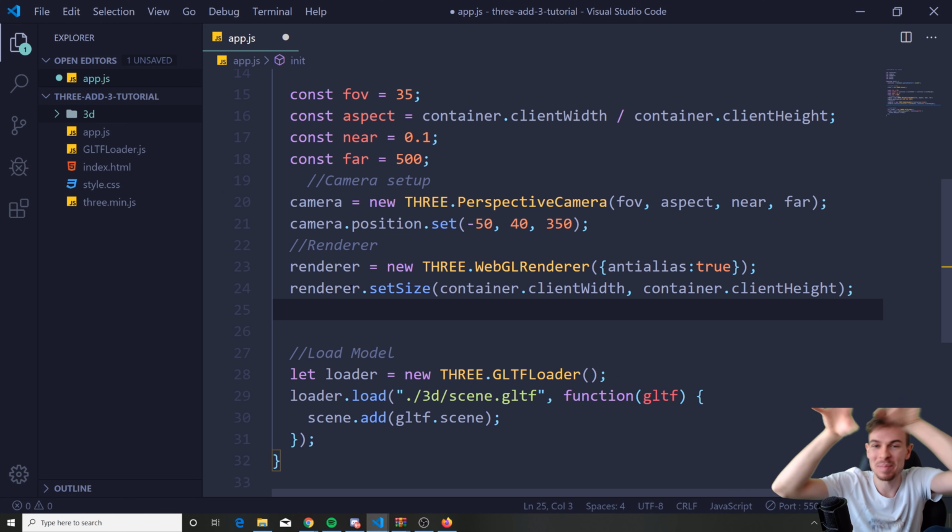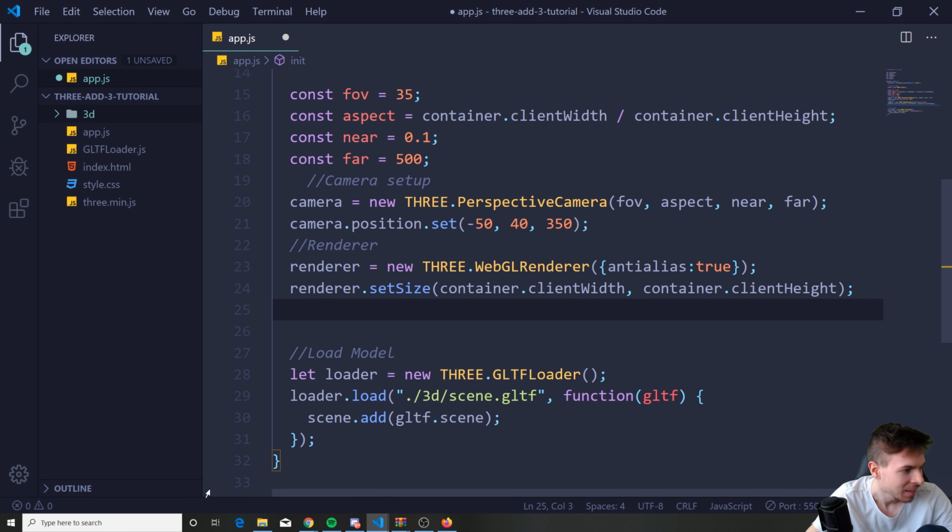Wait, I keep doing this with my hands. Stop it. Okay, and finally, what we need to do,